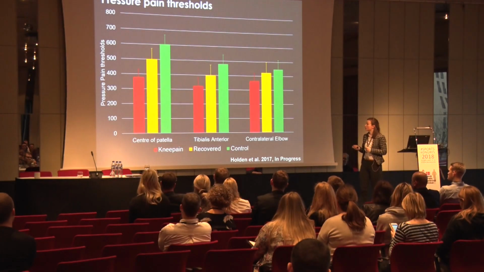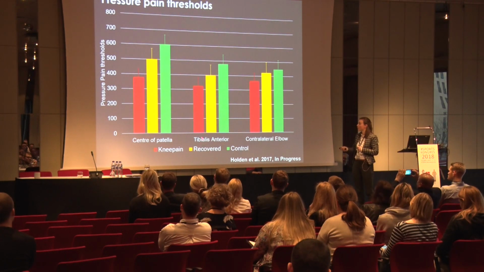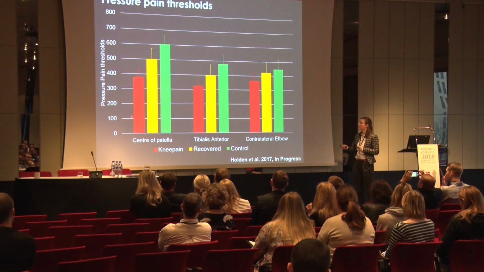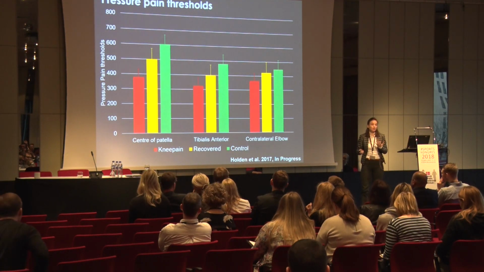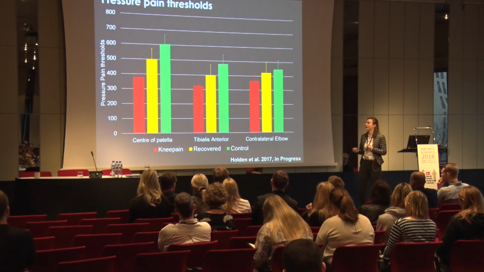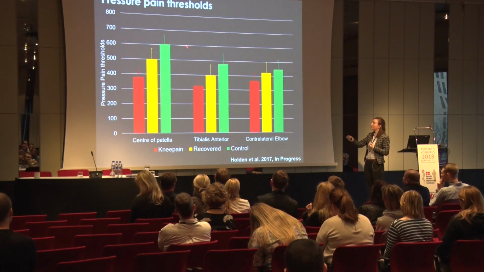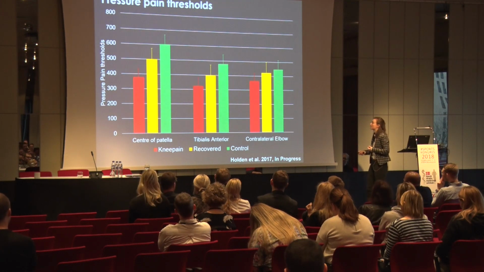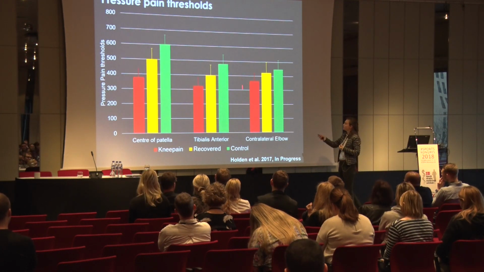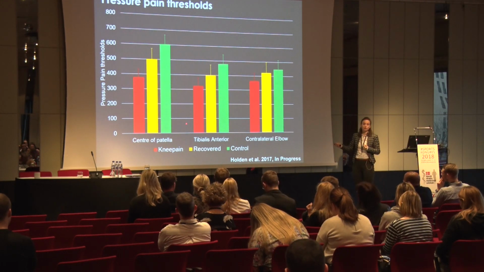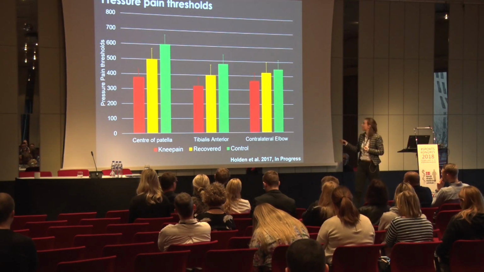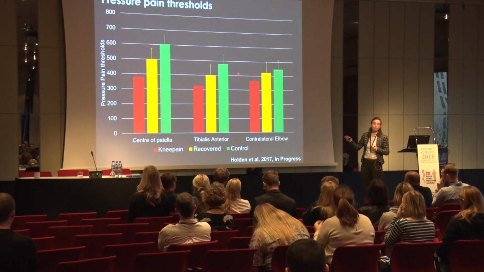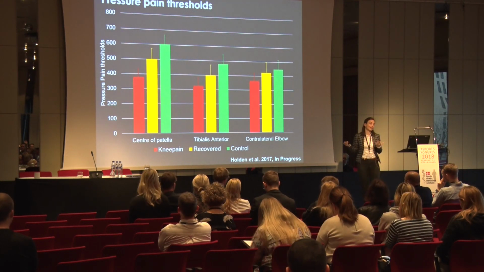And effectively, what we saw is that those with patellofemoral pain that had long-standing knee pain had a reduced pain threshold. So they were more sensitive to pain at the knee joint, which is probably not surprising. That's where they had their pain, compared to both those who were recovered and the controls. They also had some segmental spreading of this, which is indicated by reduced pressure pain thresholds also lower down the lower extremity, as well as having reduced pressure pain thresholds at a remote site on the contralateral elbow, indicating some